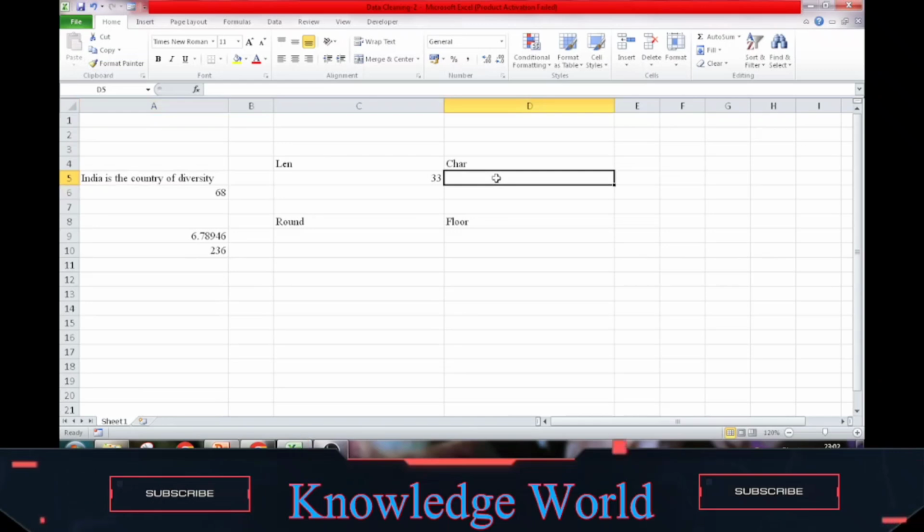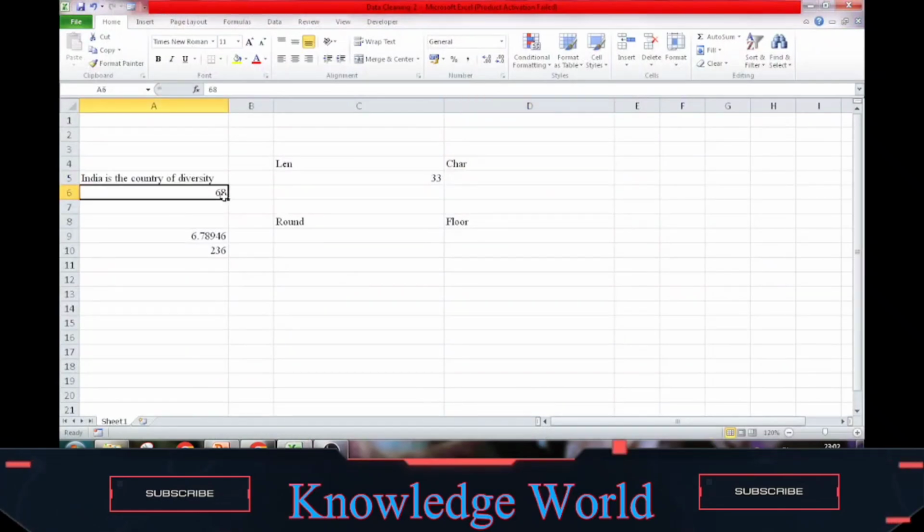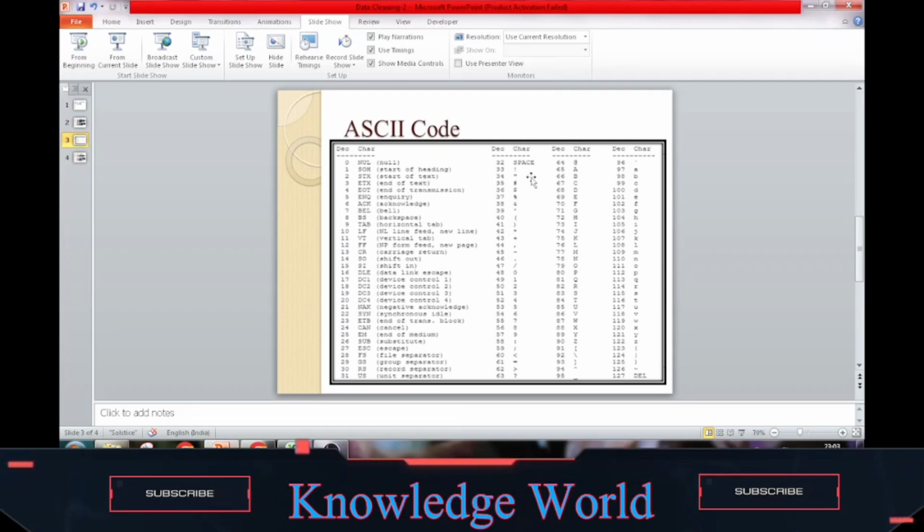In the case of CHAR, we use the ASCII code. Like this, we have written 68 already. So if we calculate =CHAR and select 68, the answer will be D. If you want to check that 68 is equal to D is correct, we will go to this table and find the 68.